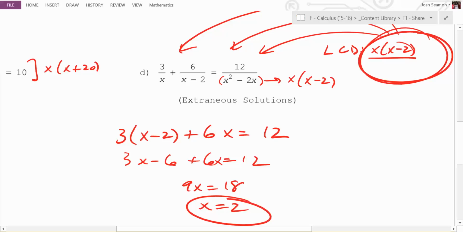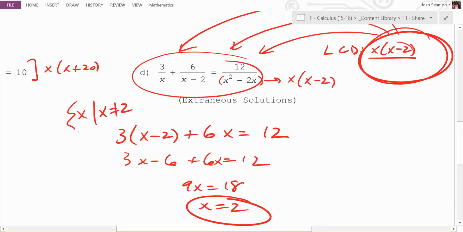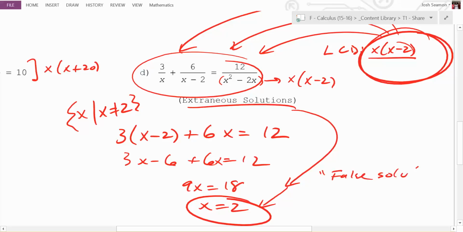What's the problem? And there was a big hint up there. What's the problem? x can't equal 2. Yeah, what's the domain of this function? x such that x can't equal 2. So this would be an extraneous solution. Another way to say that, I like calling them false solutions, because it's not in the domain. Can you plug in 2 into that thing? No. So technically, are there any solutions to this equation? There are no